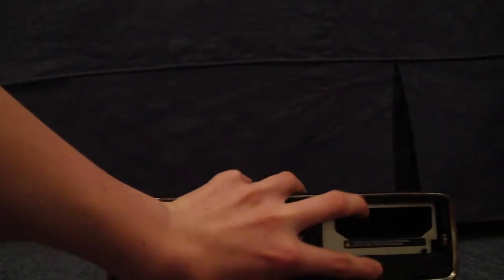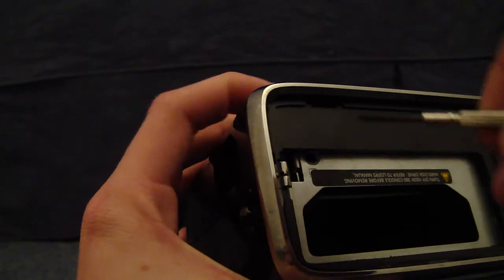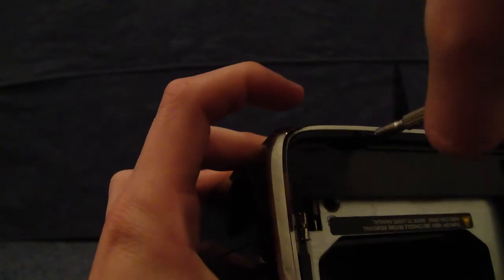The next thing I want to do, I'll just bring this a bit closer, is there are these little tabs inside here in the middle, which is this one I believe, and one at the end in there. But it's easier just to do one side and try and pry it open, which is what I'm going to do. So if you get a flathead screwdriver again and put it inside, you should feel a little tab, or maybe not, I don't know. But you just push down and you should eventually feel it. Once you've got it, pull or push that way,